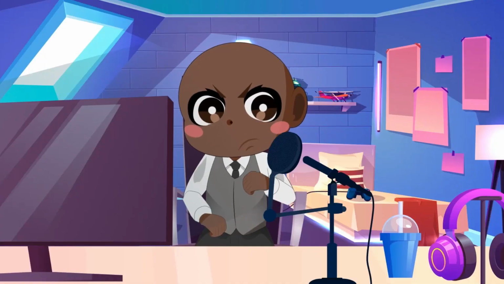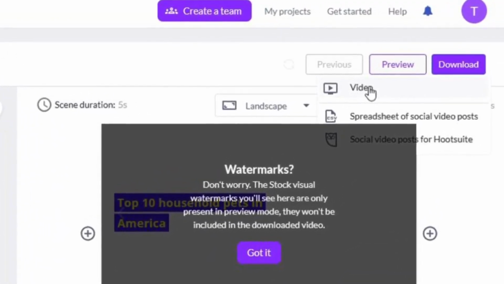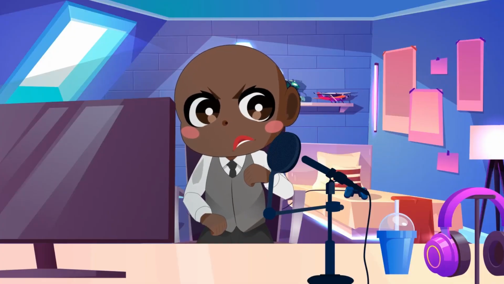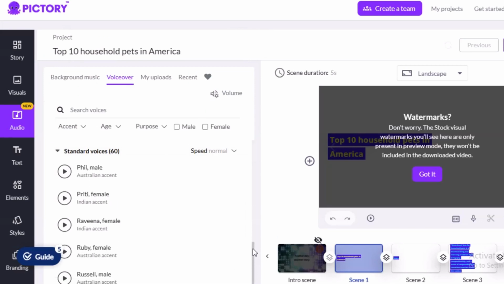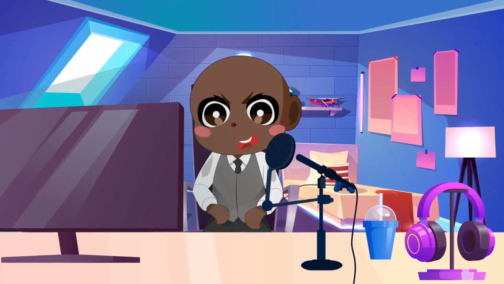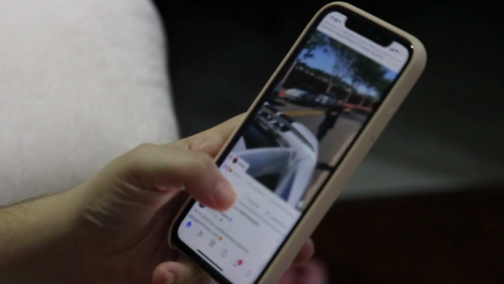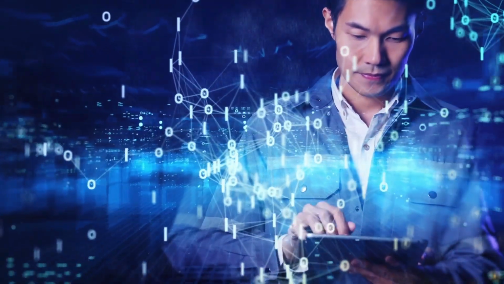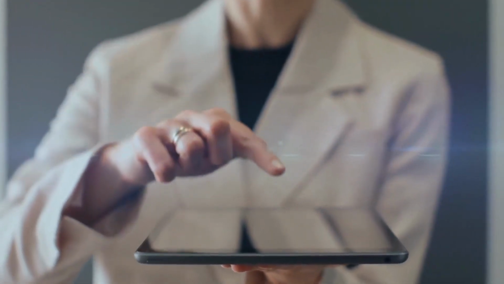At this stage, your video is ready to shine. Pictory offers you several convenient options for downloading the transcript, managing projects, and sharing your creation effortlessly. Pictory's user-friendly interface streamlines the entire process, taking you from script to a polished video that's ready to be shared with your audience. You can also export your video in various formats, making it easy to tailor your content to different platforms and audiences. This demonstration has barely scratched the surface of Pictory's capabilities, but it's a solid introduction to the power of this video